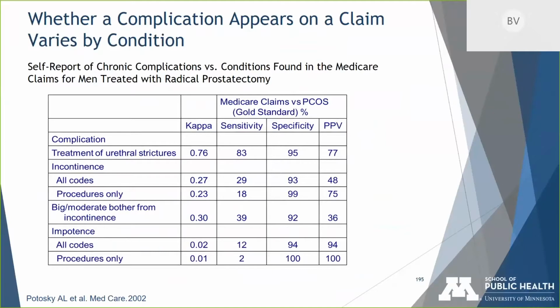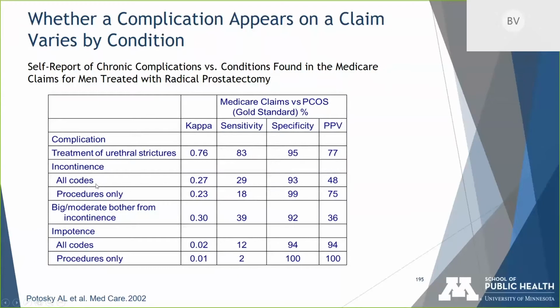This was a study done a while back looking at men in the prostate cancer outcome study. So they were surveyed many times during their prostate cancer treatment and after, to identify a variety of things, but also some complications of treatment. And this was compared to the Medicare claims. Now, something like treatment of urethral strictures, you can see has pretty good kappa, good sensitivity and specificity, meaning generally if they were treated for urethral strictures, it was pretty common for that to be found in the claims and for it to be correctly